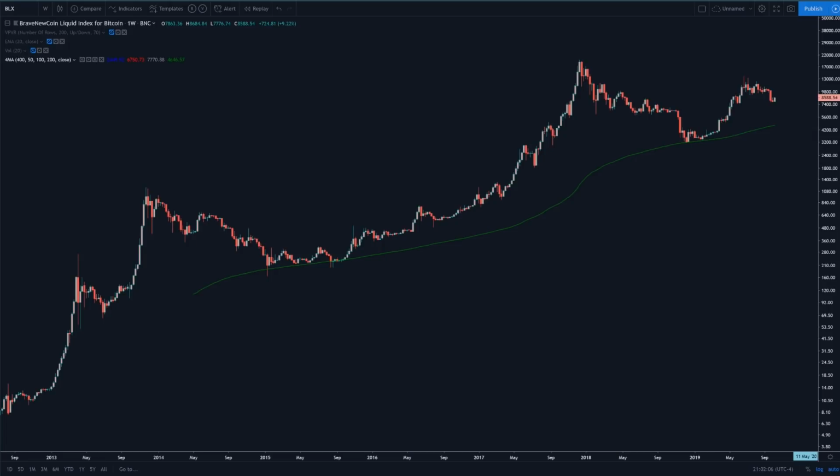Jeb here, and in today's video, we're going to be doing some longer-term technical analysis on Bitcoin and the cryptocurrency markets, and no, for once, it doesn't involve the 200 weekly simple moving average. In today's video, we're going to be discussing a pattern that we saw play out at the end of 2015 and the beginning of 2016 that may give us a little bit of a clue as to what Bitcoin is going to be doing here over the next couple of weeks, moving on into the next couple of months and